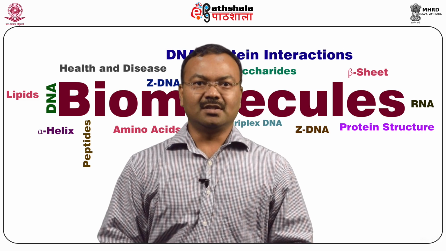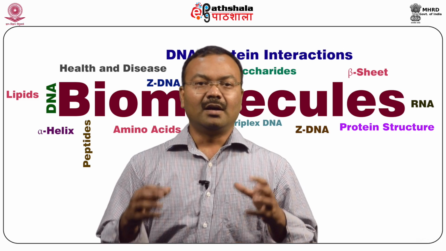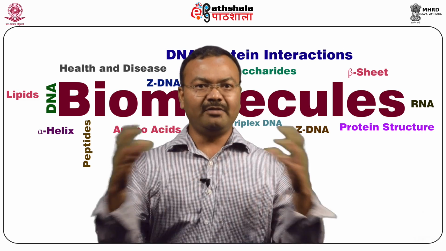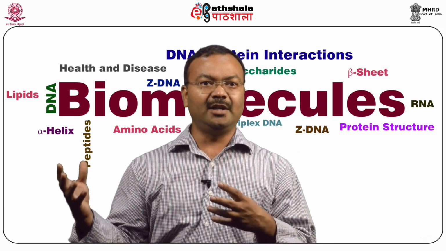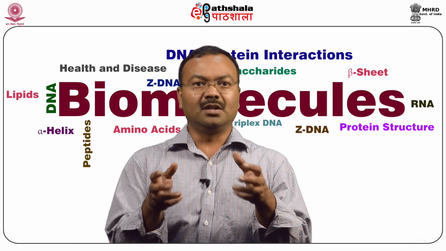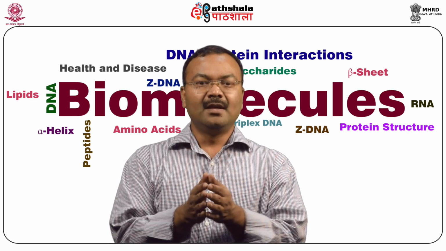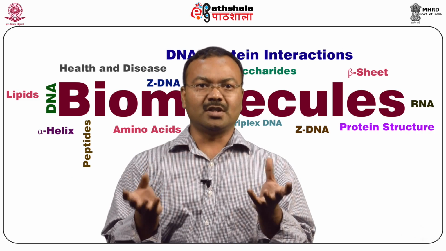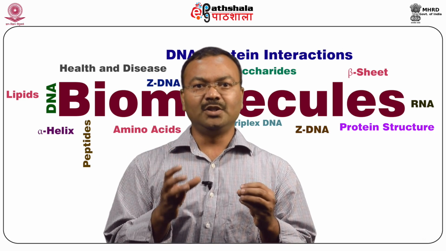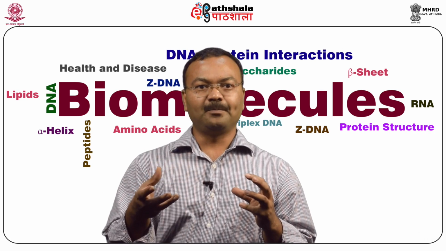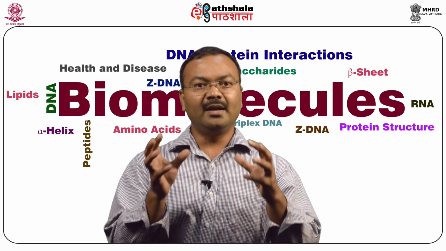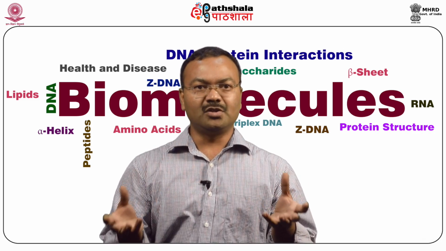The supersecondary structures are secondary structures arranged in a group and exist in many different, completely unrelated proteins. These secondary structures are connected by a loop or turn to form supersecondary structures. These are basically building blocks of protein structures. They are smaller than a domain or subunit, but they could act as a nucleation site in the process of protein folding. These supersecondary structures or motifs can exist independently of the protein structure.